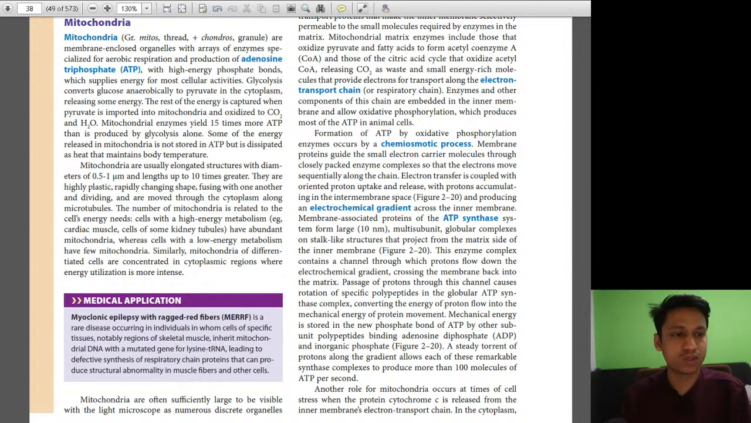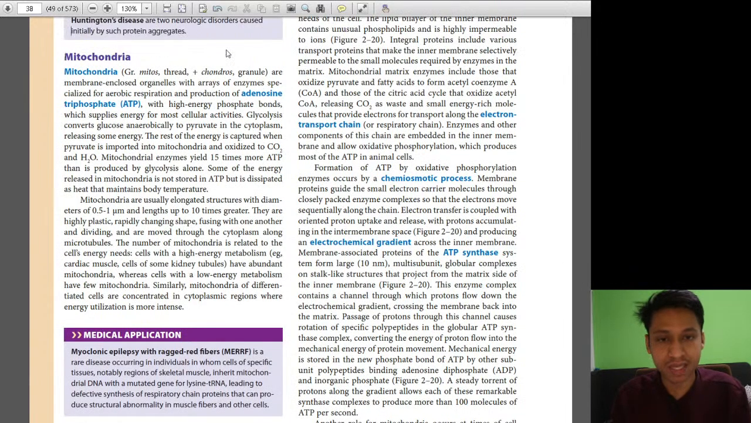All right, so let's get into mitochondria. Mitochondria, as the word explains, mito means thread and chondria means granule, are membrane enclosed organelles with arrays of enzymes specialized for aerobic respiration and production of adenosine triphosphate with high energy phosphate. We need to remember this membrane enclosed organelle, because this is a question that is frequently asked